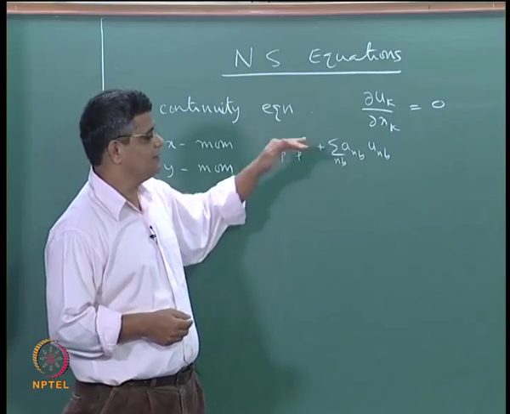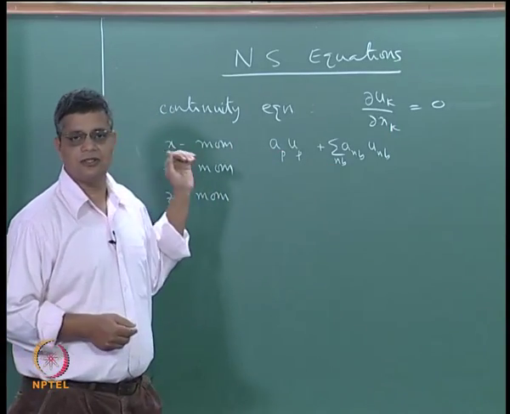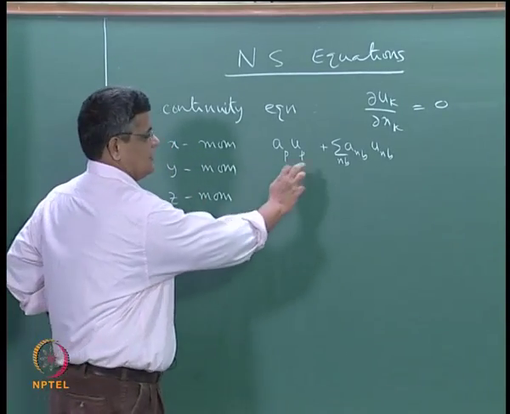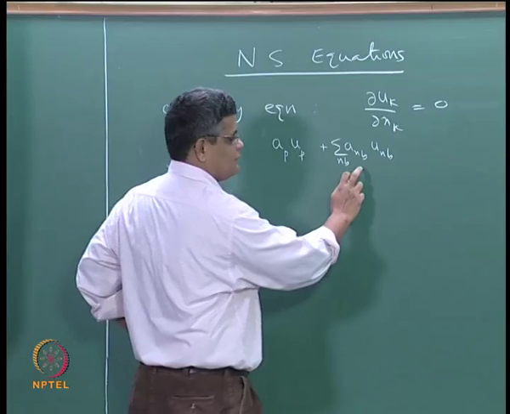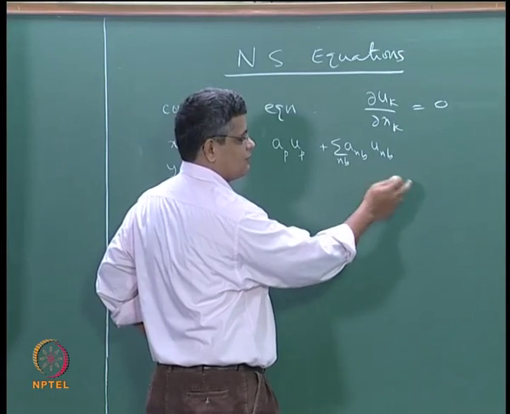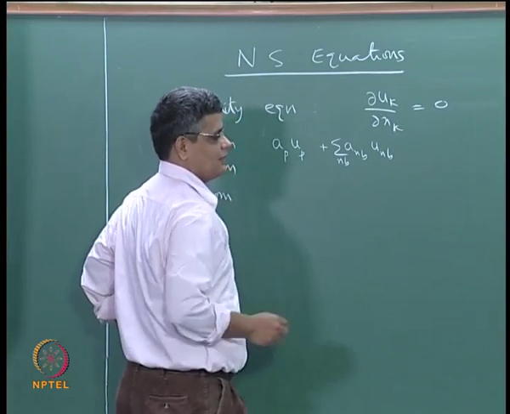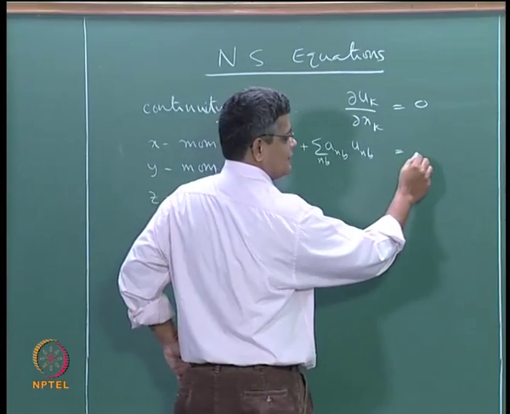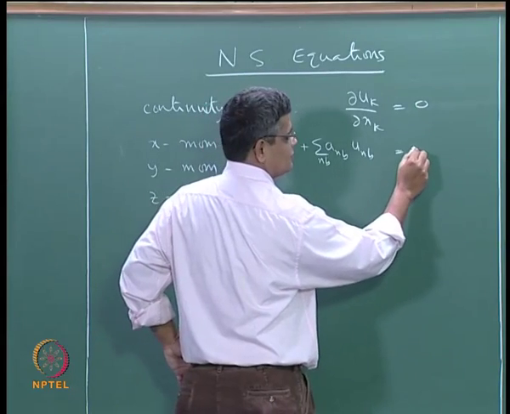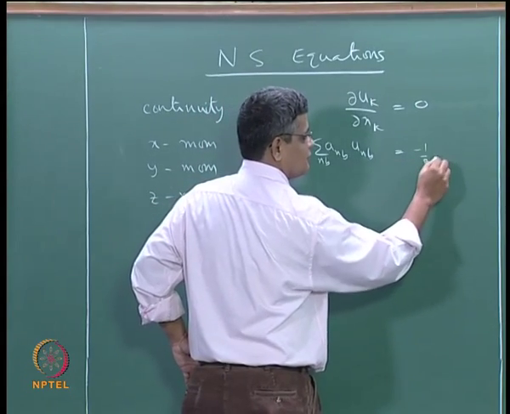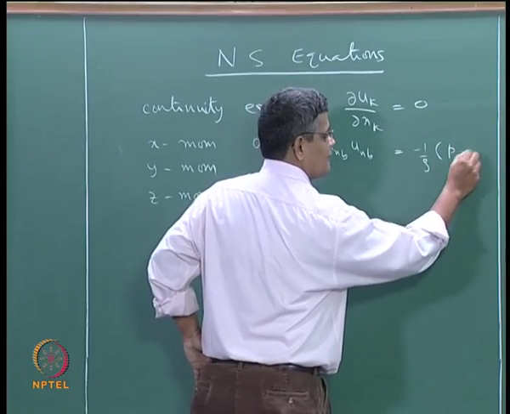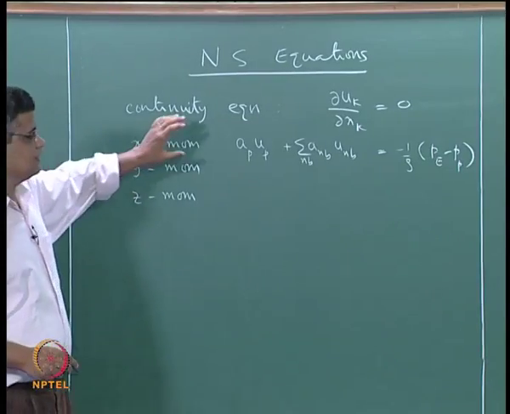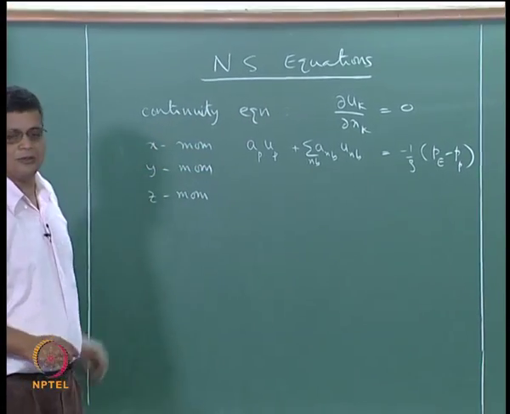So we are looking at a linearized, discretized x momentum equation, in which the effect of the neighboring points coming from the advection and diffusion terms is incorporated already here, and then you have the pressure gradient term. So we can write that as 1 by rho, (P_e minus P_P). So this is the discretized form of the x momentum equation